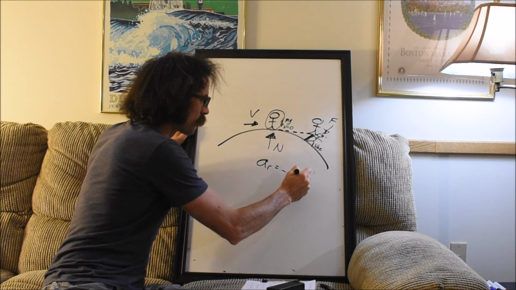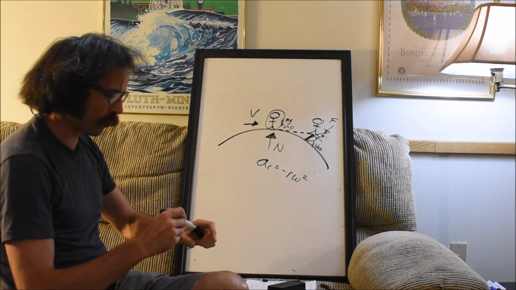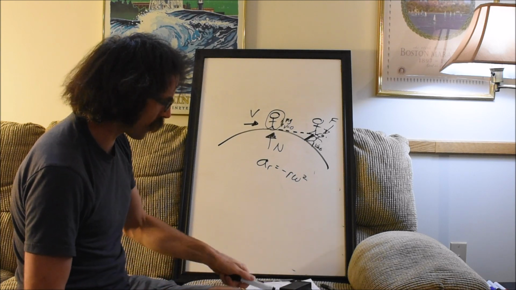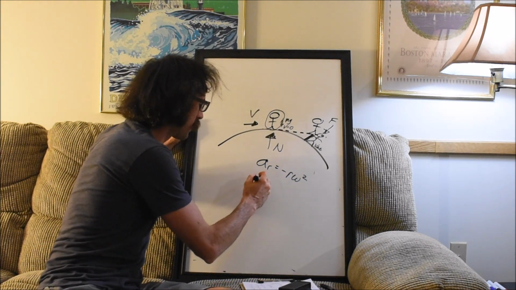It's negative r omega squared. Yeah. It's not r. Yeah, it's r omega squared. That's why. Anyway,